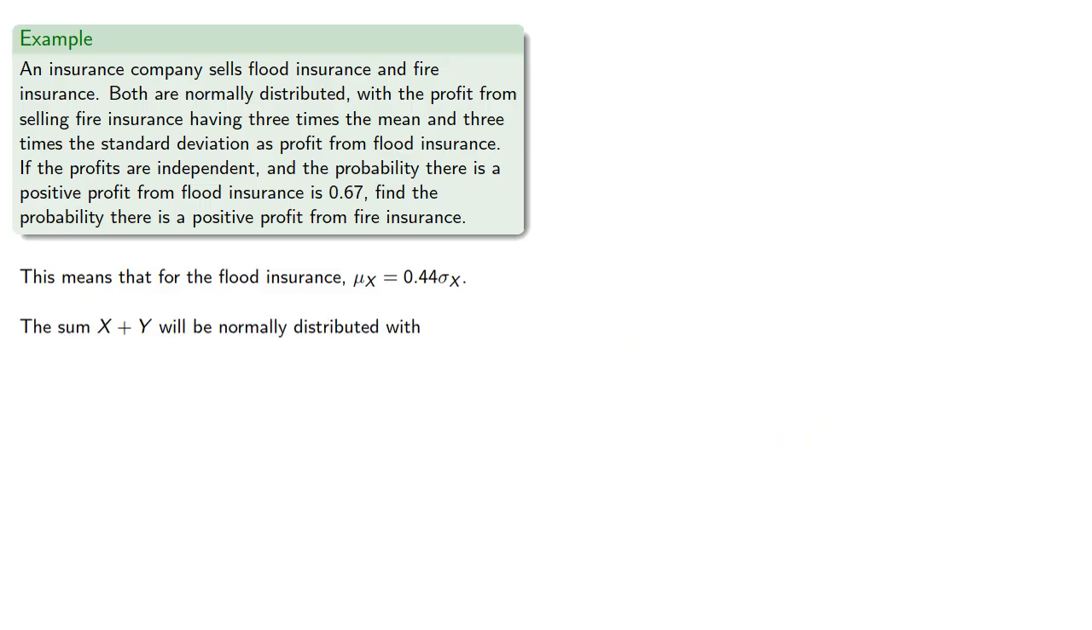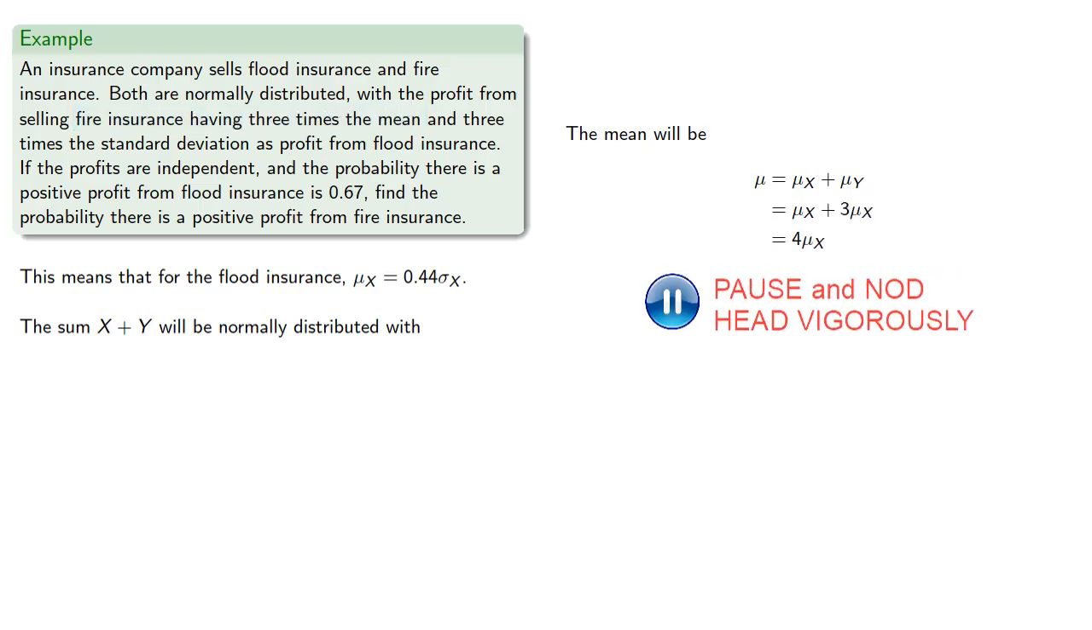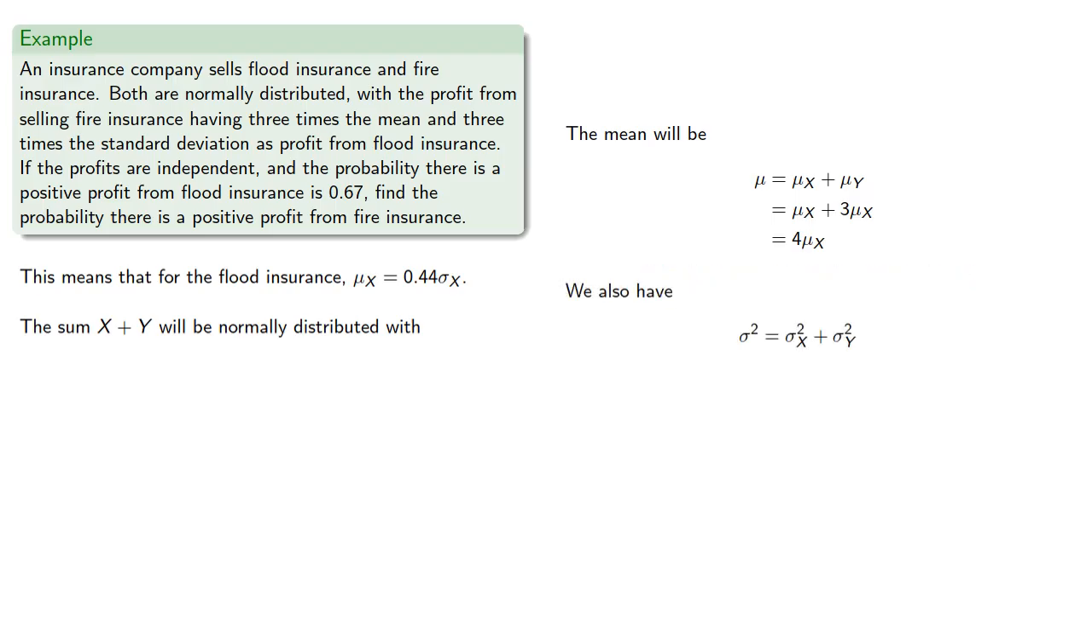Now the sum will be normally distributed, where the mean is the sum of the means, but the mean of the second insurance product is 3 times the mean of the first, and so the mean will be. We also have the variance as the sum of the variances, and again, because our standard deviation of the one is 3 times that of the other, we get, and so our standard deviation is,